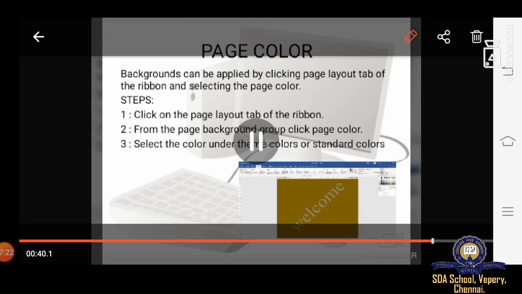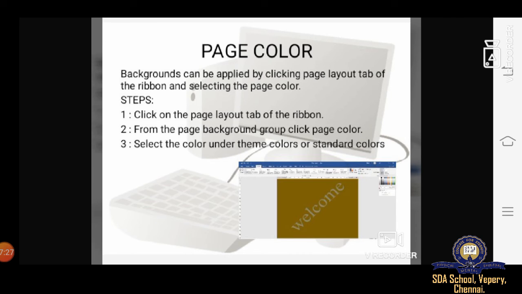Next we are going to study page color. Each page must have a soothing background to please the eye. We need a background so that our project looks more beautiful and attractive. Yes, we need to show our project in an attractive manner. What we have to do, we have to see what to apply for this.